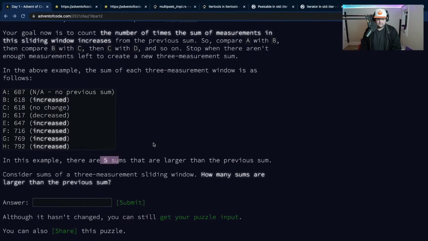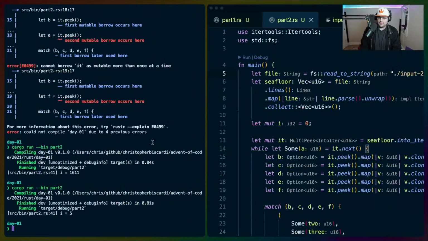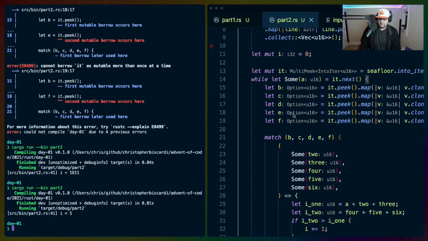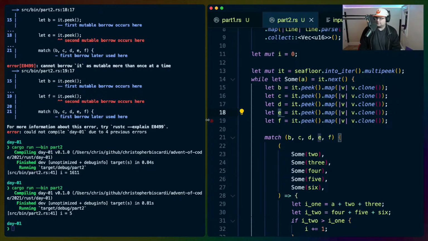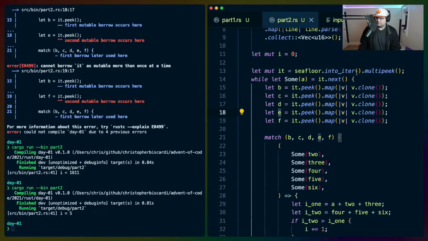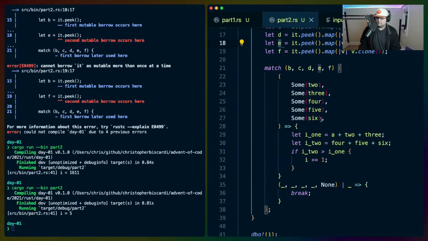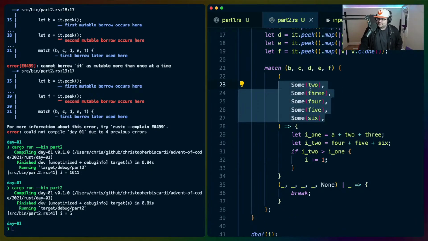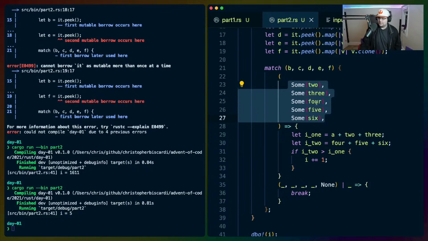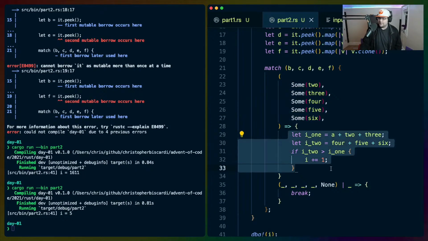Five, yes. So I'm putting my answer in for the other one and it's not working because why? I'm not missing any here, right? So we get the next value. Then as long as they all exist, because we can't do it if it doesn't exist, then we deal with it.